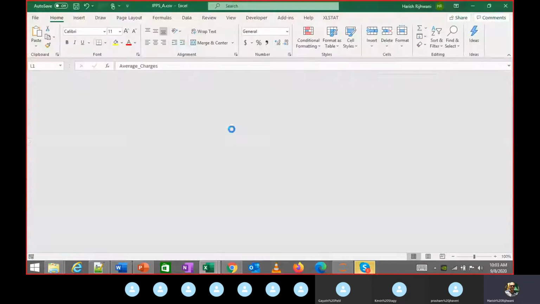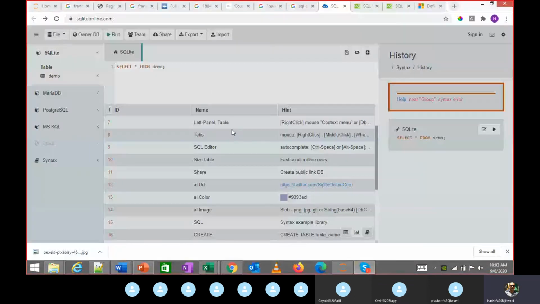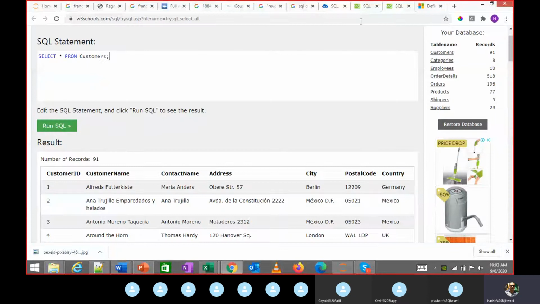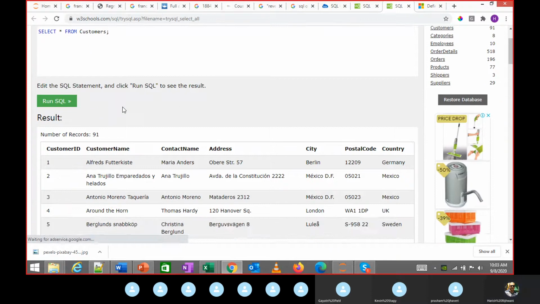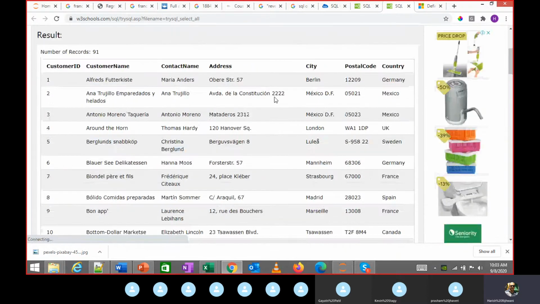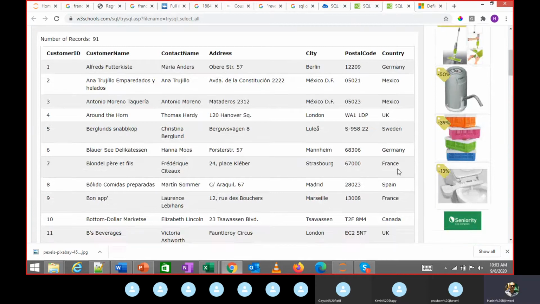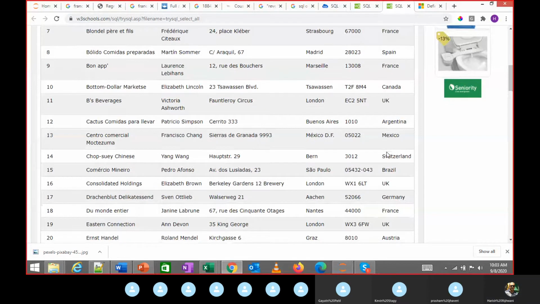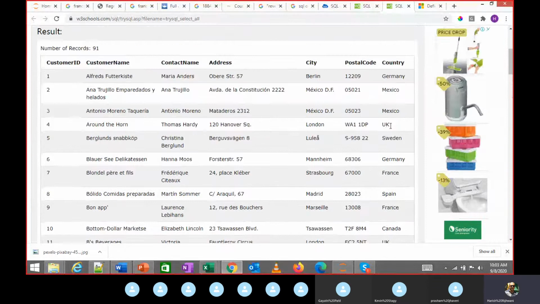Okay. Now what we're going to do, so we have selected data for all customers. Okay, so I run this. I want this data for, let's say, a particular country. Let's assume I want it only for Germany.